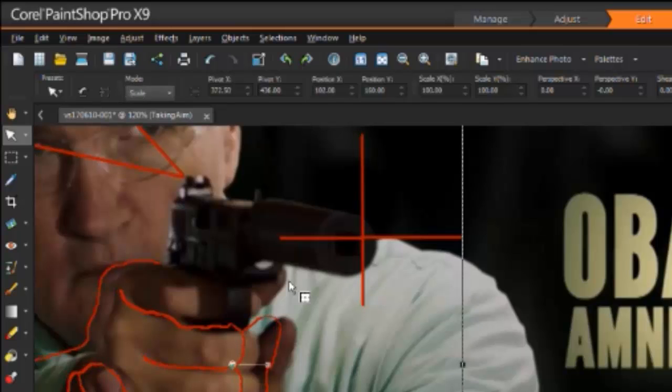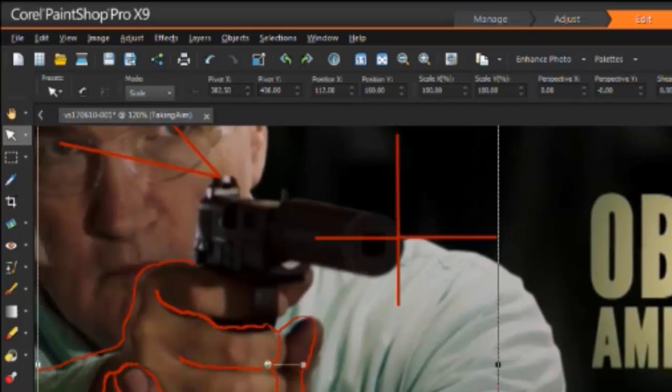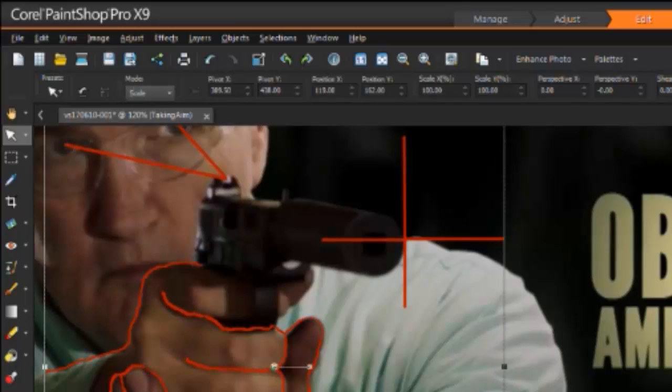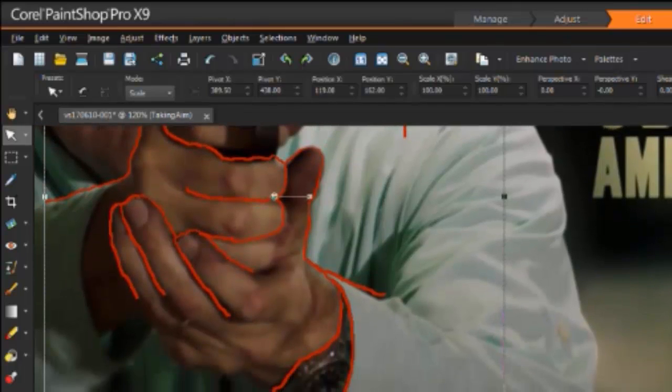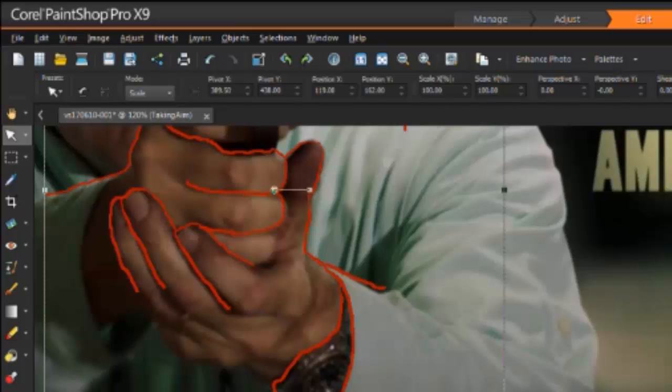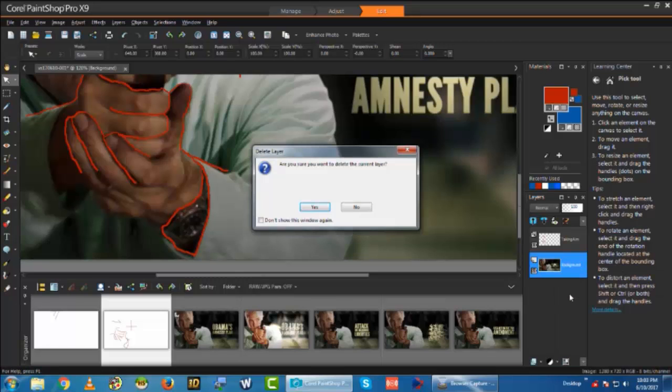And I've zoomed in and drawn red lines beginning at the subject's eyes directly to the rear iron sight of the weapon, thusly. And then we've also, you can see, drawn a crosshair where the end of the muzzle is against the background of the shirt and the overall background of the picture to show the position of the muzzle of the weapon. And then I've traced some of the features in the hands and around the watch and the cuff of the shirt. Okay, so having done that, we will dismiss this photo